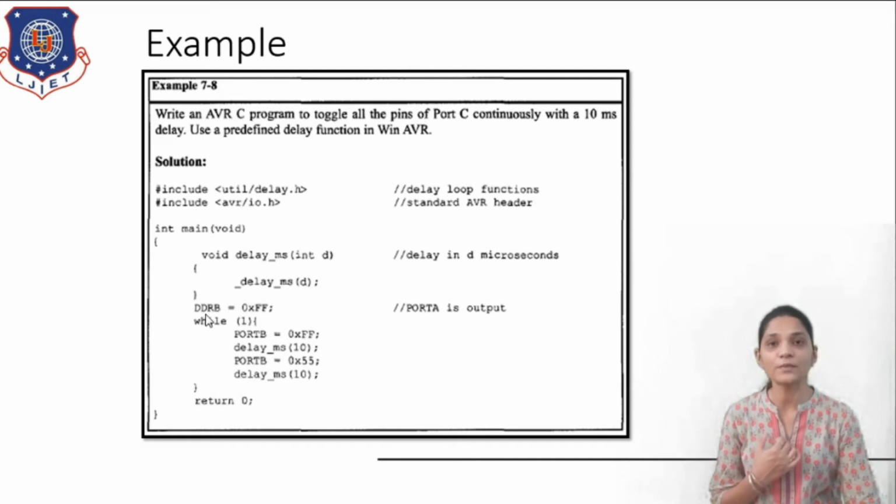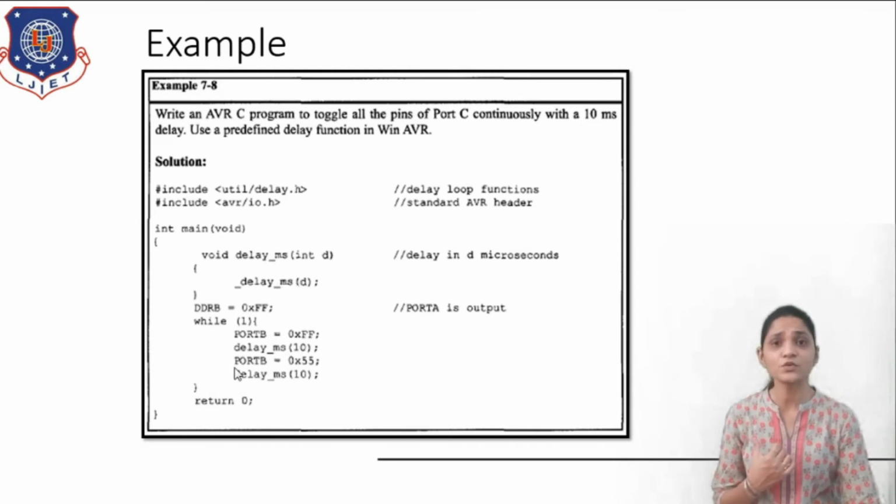Okay, and we have to make this port B an output port by using DDRB equals 0xFF. Here this is port B. Then we are using the while loop, while(1), so this loop will always be true and will do the function always. First we will provide PORTB as 0xFF, and then we will call 0xAA, then we will call for the delay, that is ms10, that is the 10 milliseconds delay, that will call this function, and inside this we have used this predefined function.